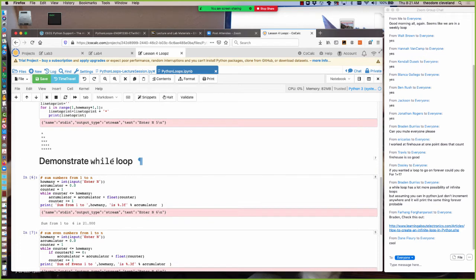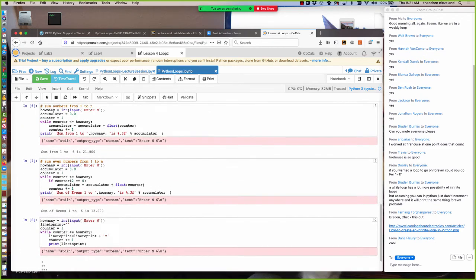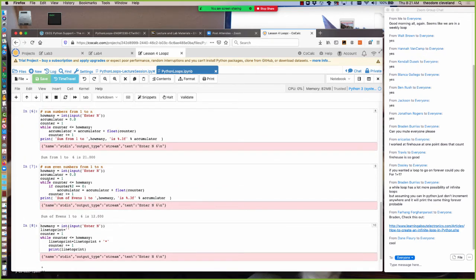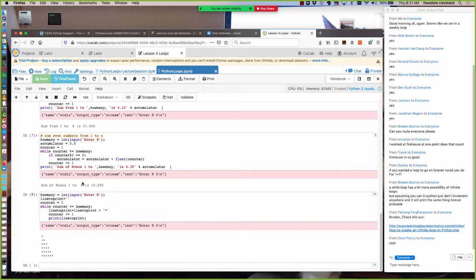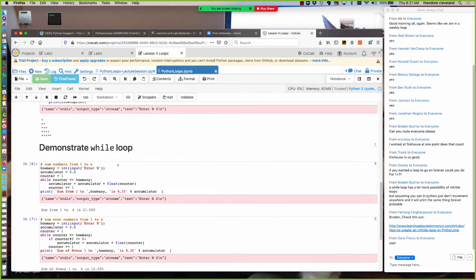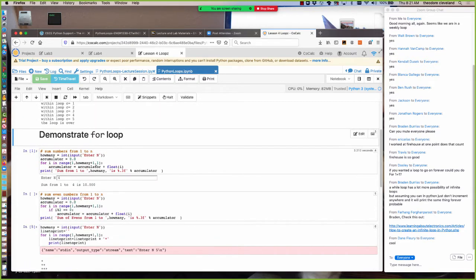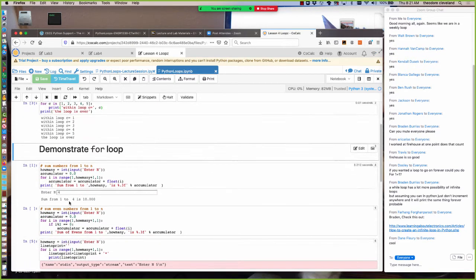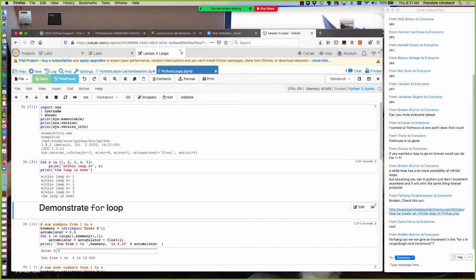And let's see if I have it. Yeah, I'll do infinite loops when we get down here to the while loops, because it's really easy to create an infinite loop with a while loop structure. It's actually easy to do it in a for loop, but I don't want to do the thinking. So,